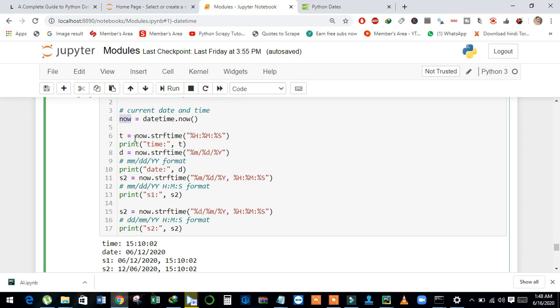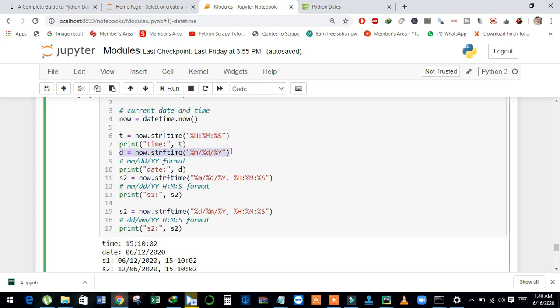And see here using now.strftime I can assign the format of time. Percentage H means hours, percentage M means minutes, and percentage S means seconds. And see here when I print this out it returns 15:10:02.